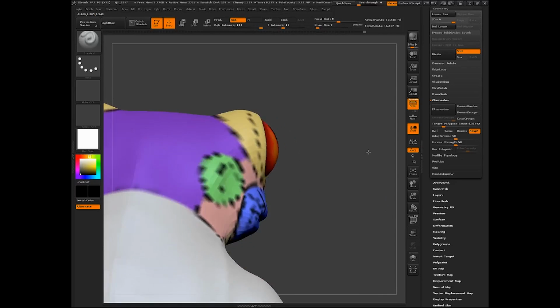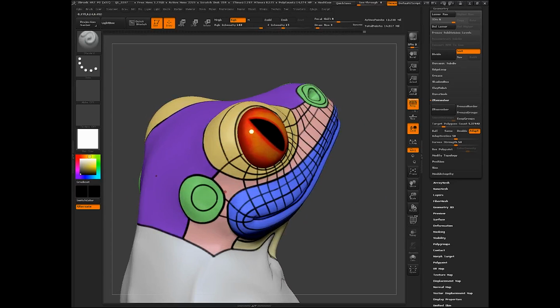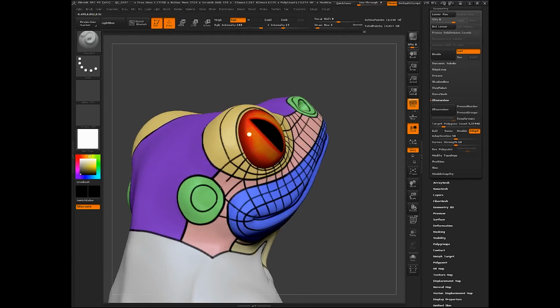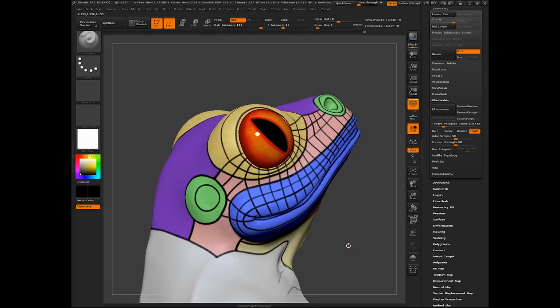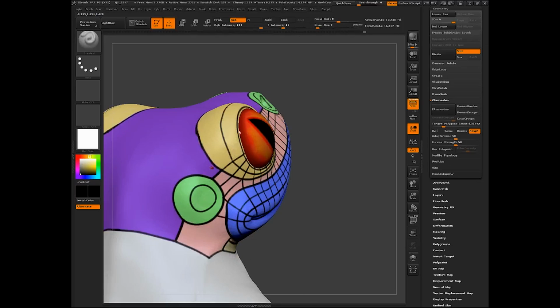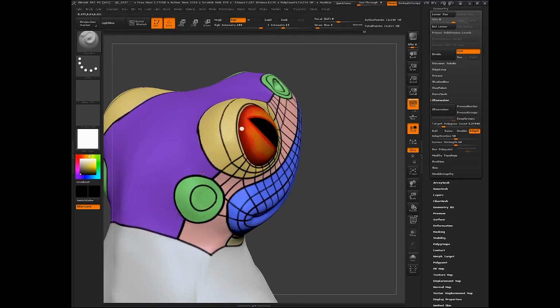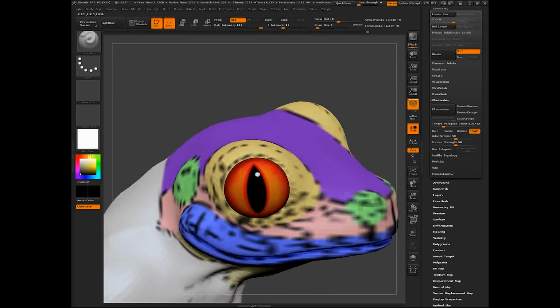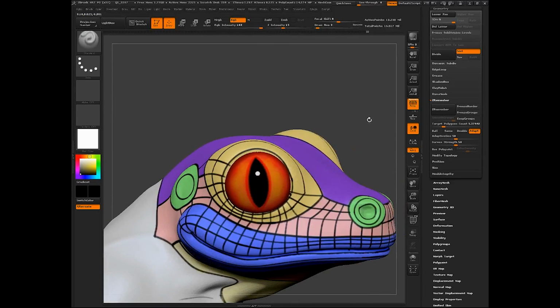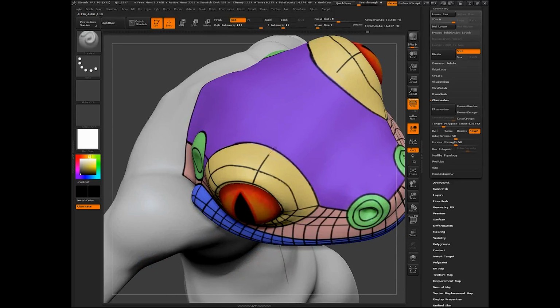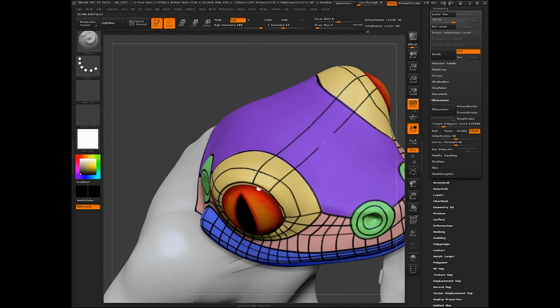I'm going to bring this edge up to the eye and then over. And then I think I'm just going to connect those 2 points there. And then connect the eye to the ear again. And you can still see that we have all quads. We do have a pole there, but that's fine. Poles aren't a bad thing, especially if you just try to leave the poles in areas that aren't going to have a lot of deforming, or where they'll be hidden. Connect the top of the eye across and meet in the middle.